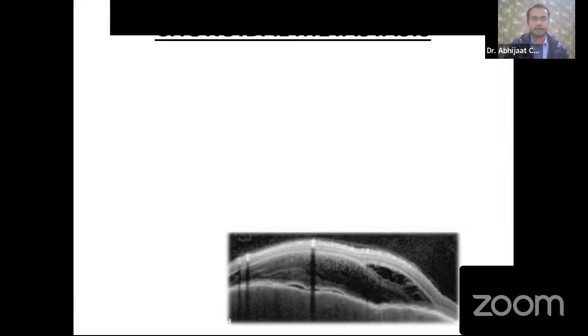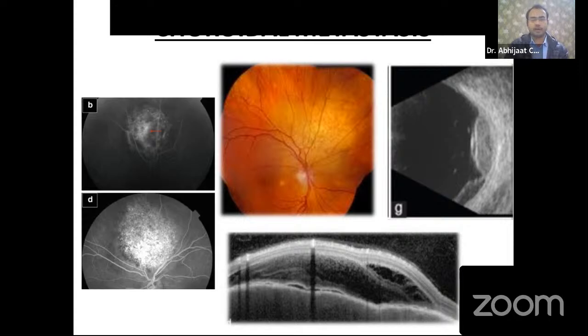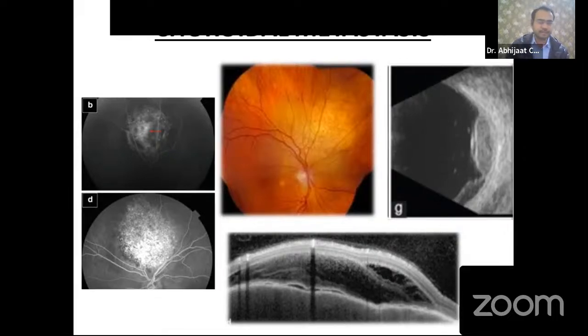The next would be a choroidal metastatic case, but it is quite unlikely in our patient as there is no systemic involvement at all in it. But since we are talking about choroidal lesions, I included this one also just for the purpose of discussing it. The primary important thing in choroidal metastasis is that it is a must that there should be some systemic involvement. That means there should be a primary site of carcinoma. So on the basis of that,